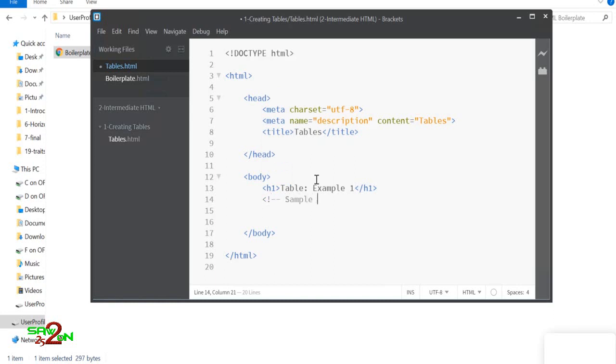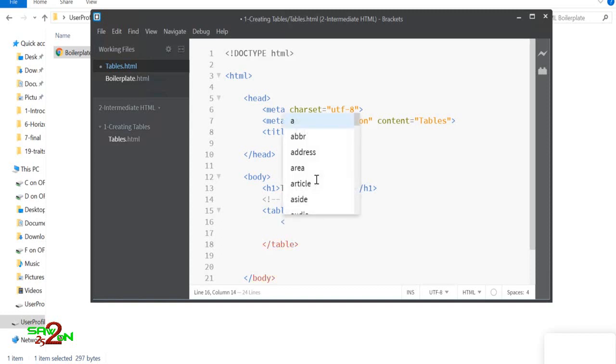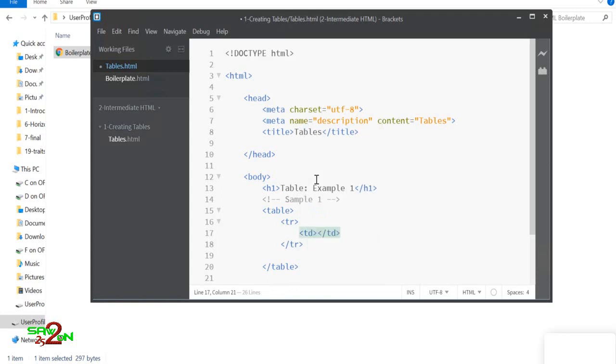First we'll say this is sample one. Okay, there's a tag called table. Okay, using table you write tables. Okay, and in tables you have three things. First you have the heading, then you have the row, and then you have your columns. Right, so first thing we do is we always write rows. Okay, the row is written with TR. Right, R denotes row, and inside rows you have something called TD. Okay, that's nothing but your columns.